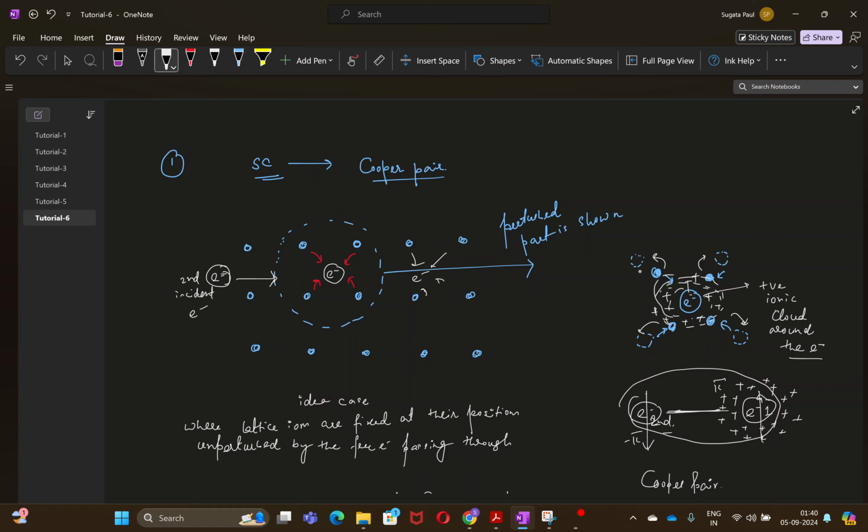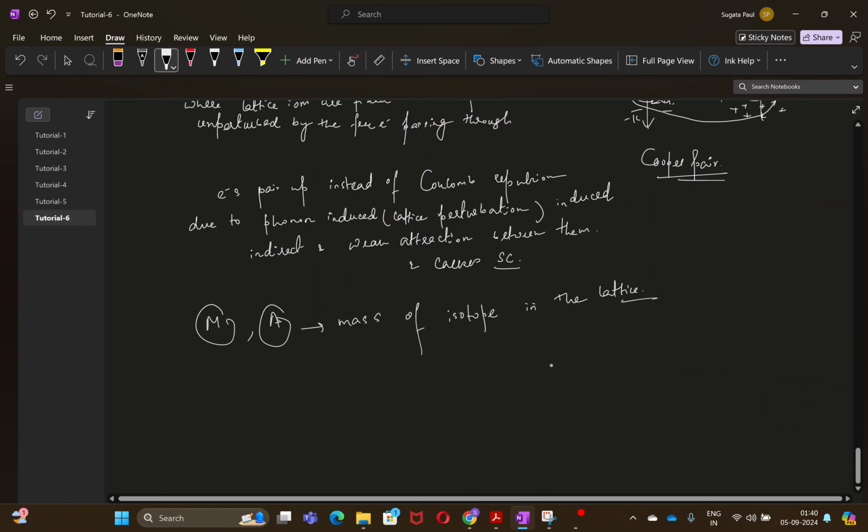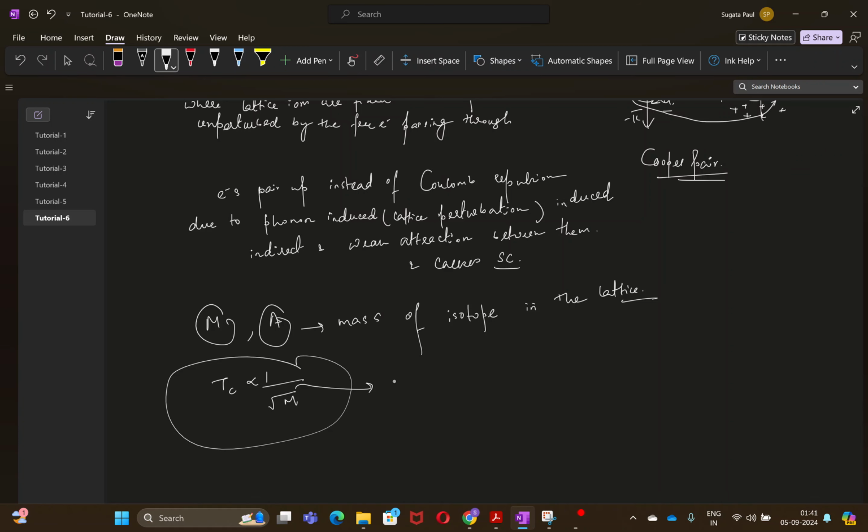That is why the lighter the mass of the isotope in the superconducting system, the greater the Tc value, or it will help superconductivity. So that is why you get your Tc proportional to 1 by root over m kind of a relation. This square root is actually a power that can be verified from experiments only, but to just get an idea of the relation, why it is inversely proportional and not directly proportional with the isotopic mass,